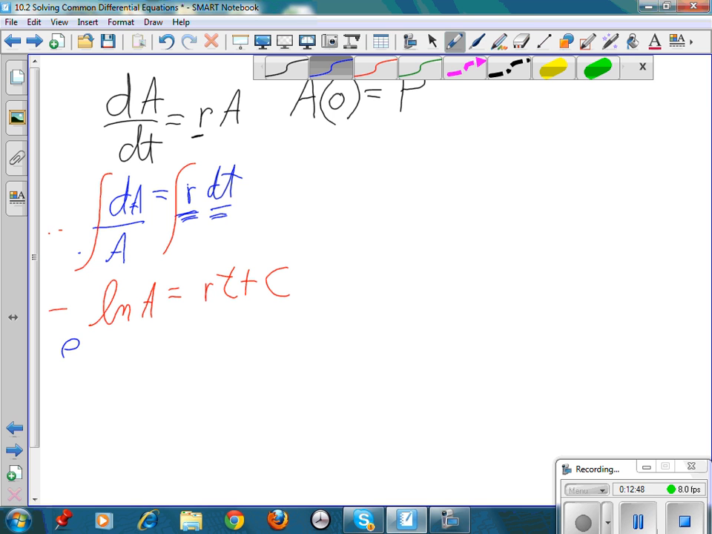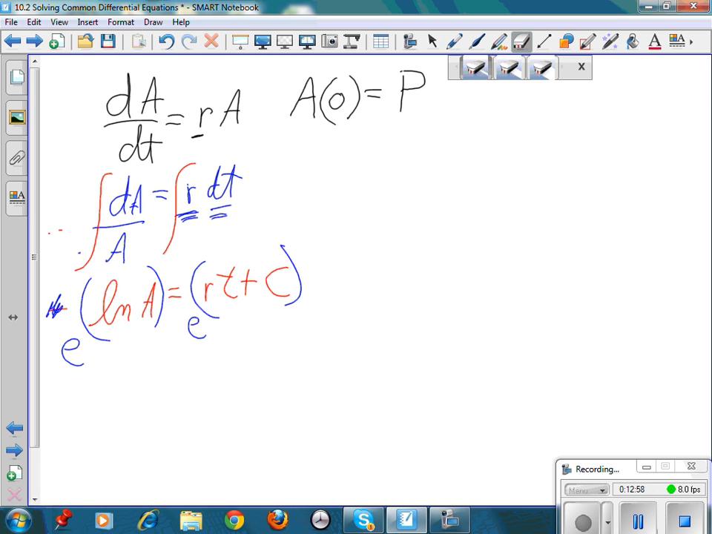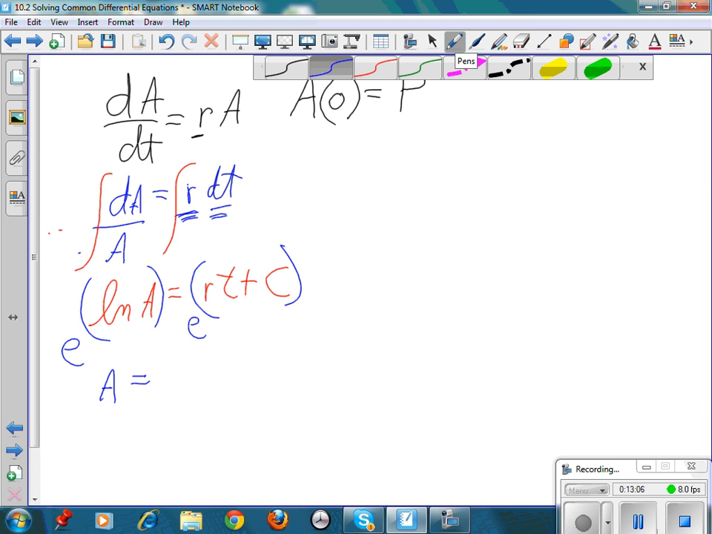And how do I do that? Well, I'm going to take an exponential of both sides. Okay, I'm going to take the inverse of both sides. That is not a negative sign. Don't for a minute think that's a negative sign, okay? Well, e to the natural log of A is just going to be A. This is going to be e to the RT plus C,